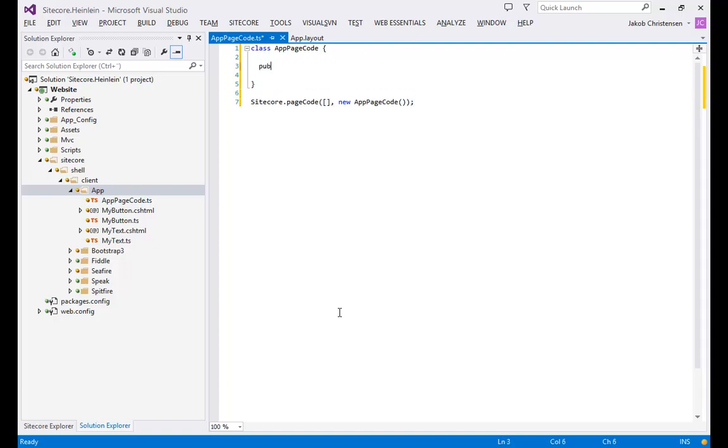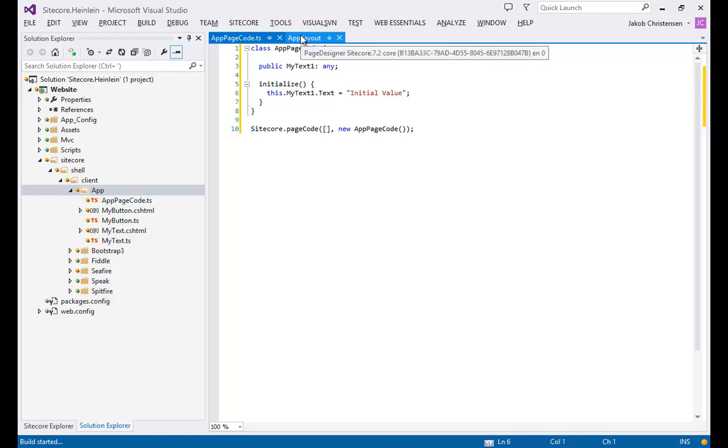Up here we'll declare our text 1 property. We'll just do that as an any. And the initialize function is called by the Speak framework to initialize whatever you need in this page code. So we'll do the text 1. That's not actually text 1, it's my text 1. And text, and we'll set that to, just to set it to something, an initial value, like that. We'll build that, and then we'll go back to the